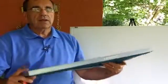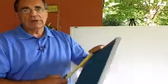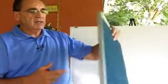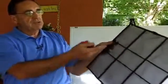In some cases, you may have bought a brand new unit, and it comes already with something like this. This is again washable. It only catches 10% of the dust, and all you have to do is take one of these and measure the width and the length, and you don't need to measure the thickness because it's always 1 inch. And then this is another sample of something that you already get with the unit. They're called the Rheems or the Rudd's air conditioning. Again, you just take your measuring tape and measure, and this will be good enough